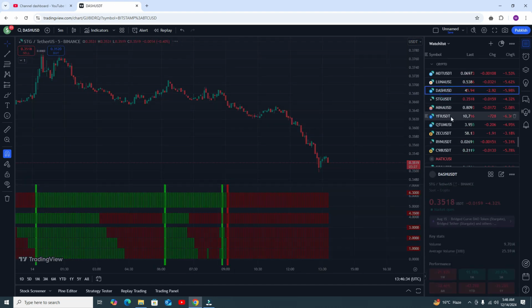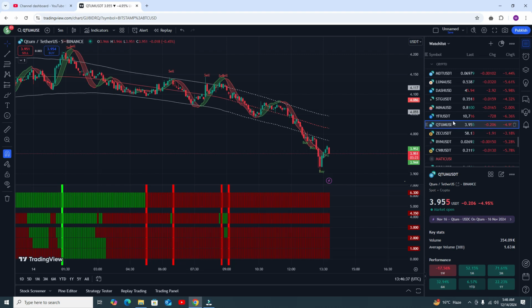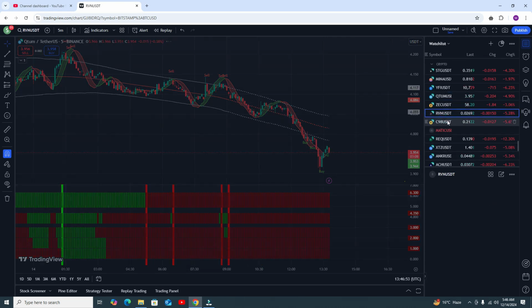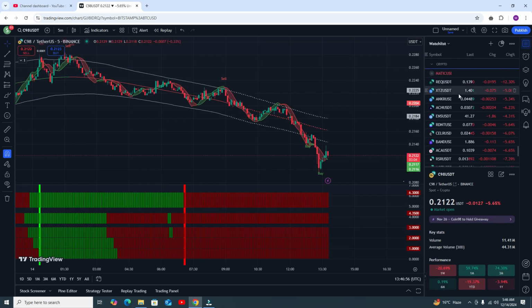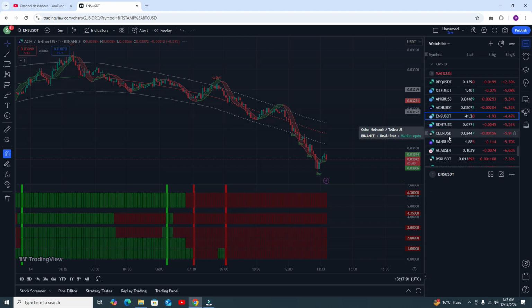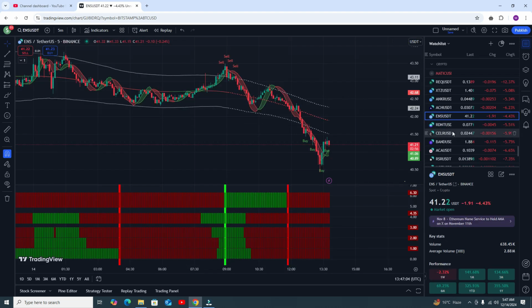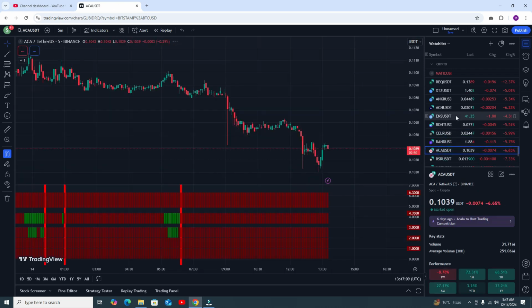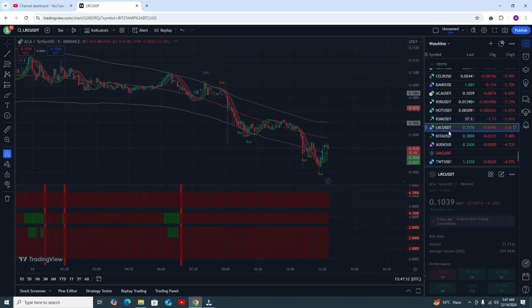No signal, no signal. Okay, this one is a strong sell signal, and you can see you got the profit here. This one is a weak signal, but at this point you got a strong sell signal. So far no signal. I'm really sorry, I'm not getting any live signal, but I showed you how the strategy works, so I think you can use it in your account and you will definitely get some good profit.